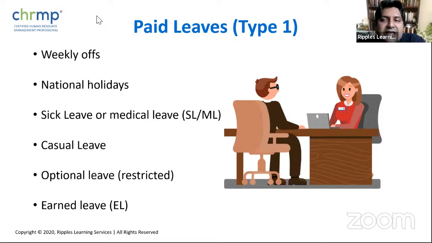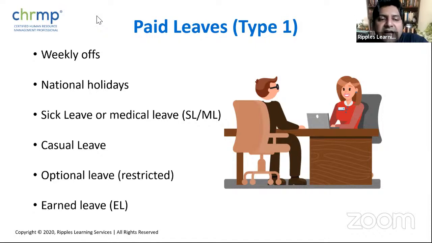So even if you get your salary slip, you would see that it says a total number of days X and number of working days Y, and then even if there is a loss of pay, it largely doesn't really occur with the weekly offs that we are talking about. Weekly off is something which is paid for, and so is national holiday. And also, organizations and most of the labor laws across industries, across countries, tell organizations to go about giving what we call a sick leave or medical leave, right? Which is very, very important, right?